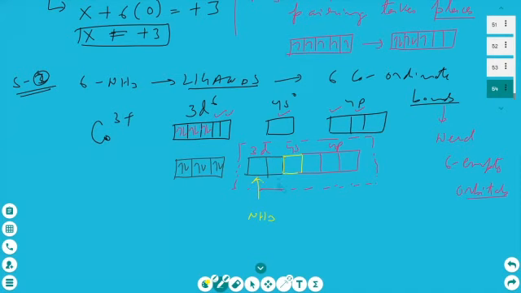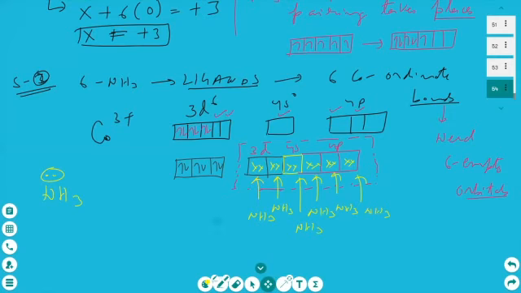So this is a coordinate bond. Another ammonia will form a bond here. Ammonia will give two electrons. You know that coordinate bond means 2 electrons come from one atom only. So another ammonia and another ammonia. I'm writing a cross as 2 electrons coming from ammonia. How is the electron given from ammonia? Ammonia has a lone pair. If you remember, I have discussed in chemical bonding also, this lone pair means it is electron rich. If it is electron rich, it can give electrons and it can participate in bonding. समझ में आया ना?